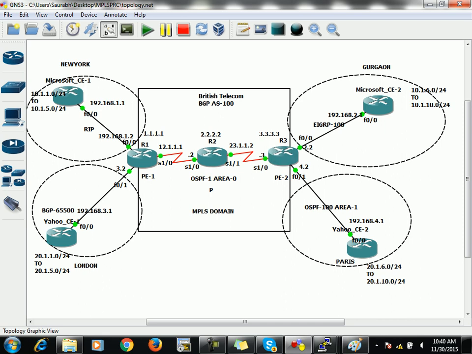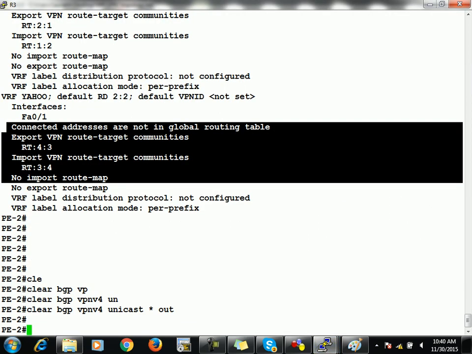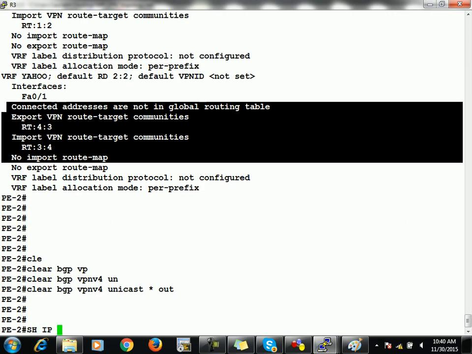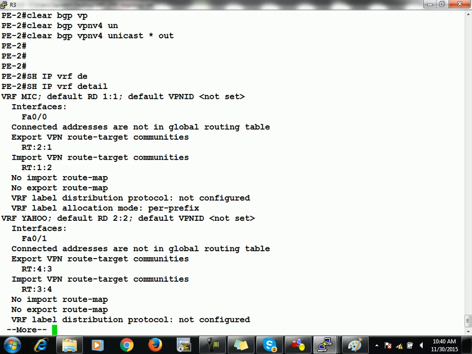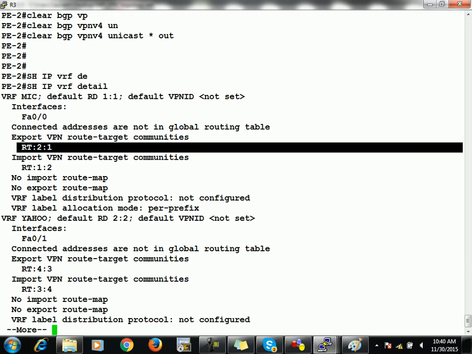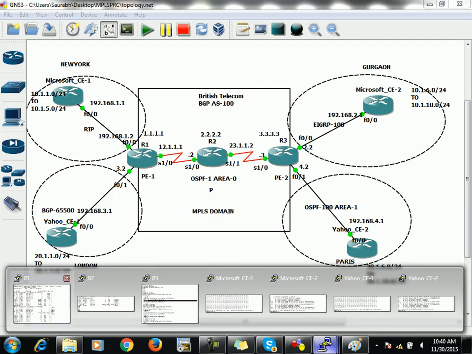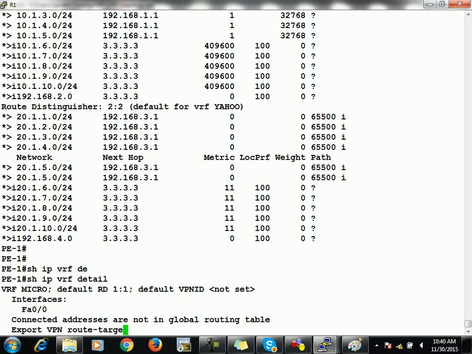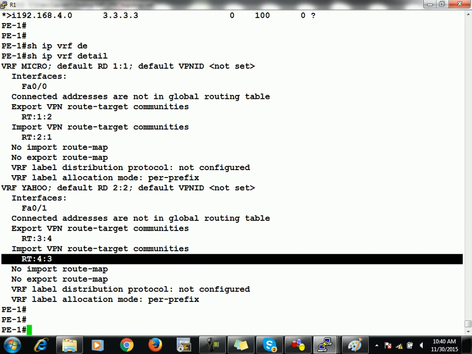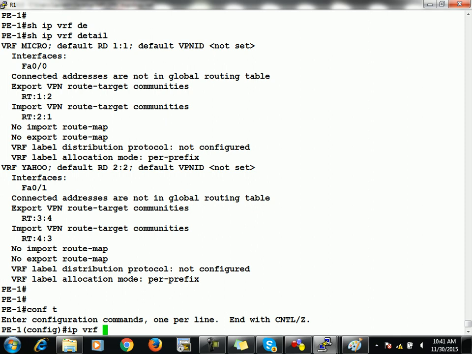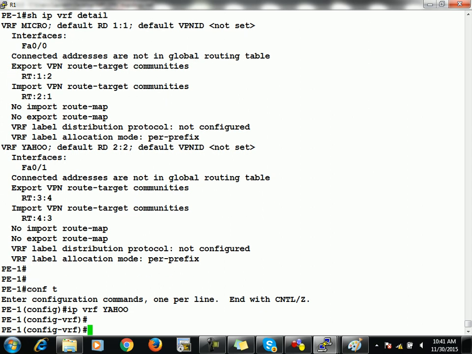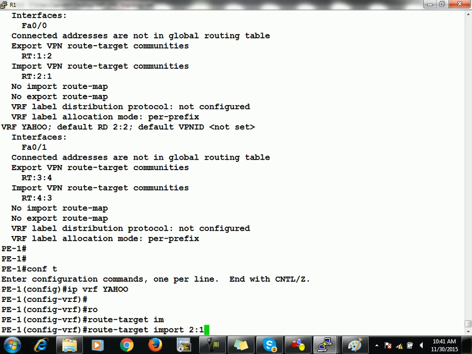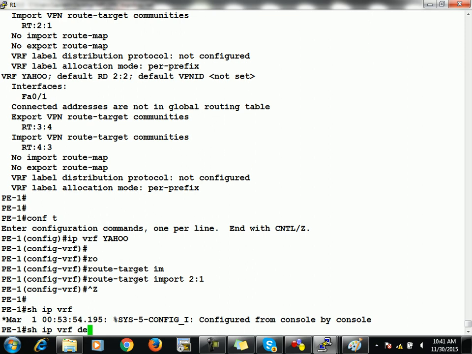So on PE2 we are exporting prefixes of customer Microsoft with export RT. Let me check it out on P2. Show IP VRF detail. Look at Microsoft. For exporting we are using here on PE1. Show IP VRF detail. For Yahoo we are importing them with 4:3 only. Now what can we do? IP VRF, route target for import, that is 2:1. So IP VRF